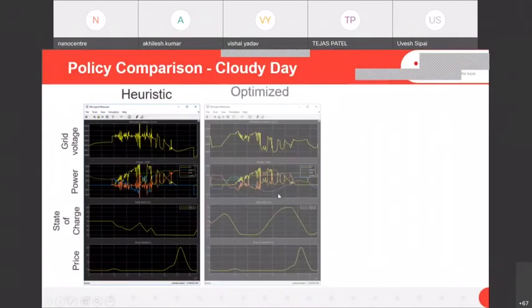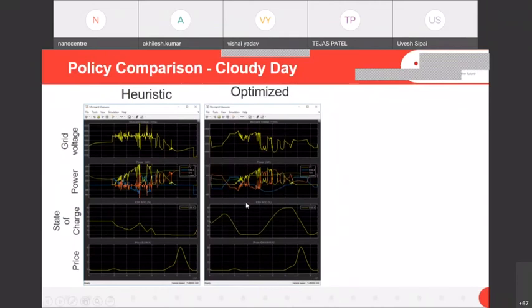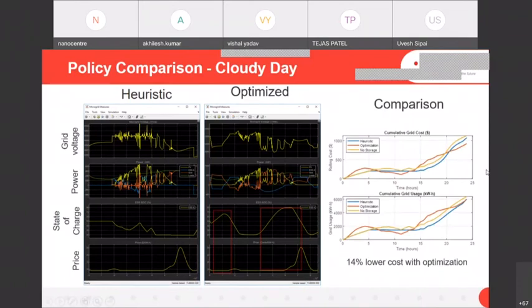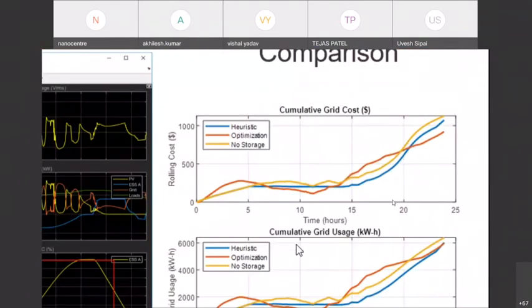And in the optimization case, if I switch to the optimization, here you see that we have two peaks. First of all, we are charging, then at noon time we are discharging, taking the energy from the battery. So we can visualize that, and later in the evening we are charging again, and this charging is from the grid in the evening because there will be no sun, right? And this is the power usage per kilowatt hour.